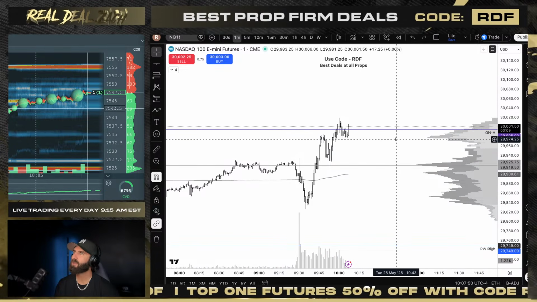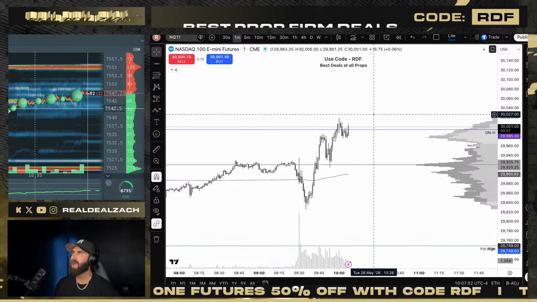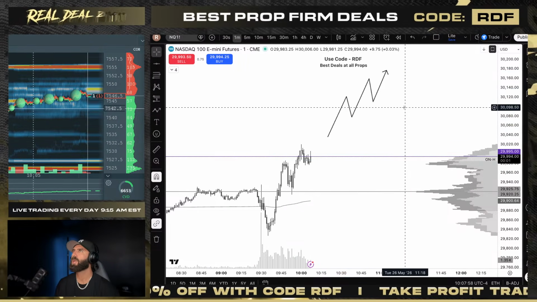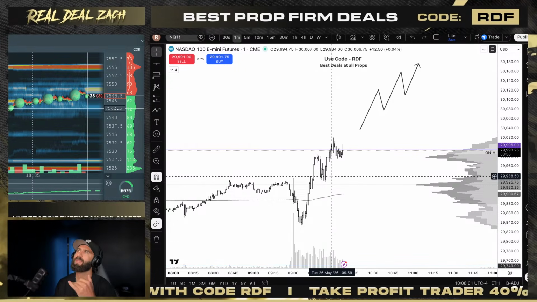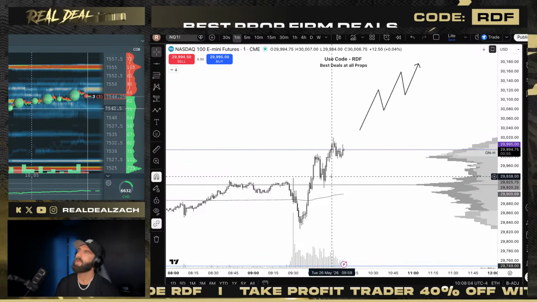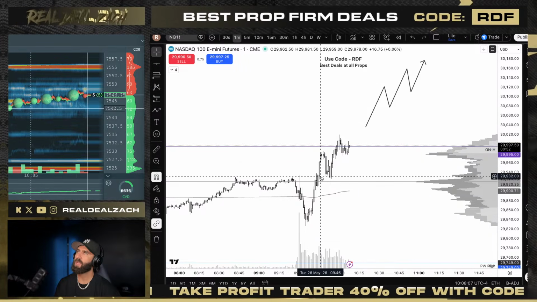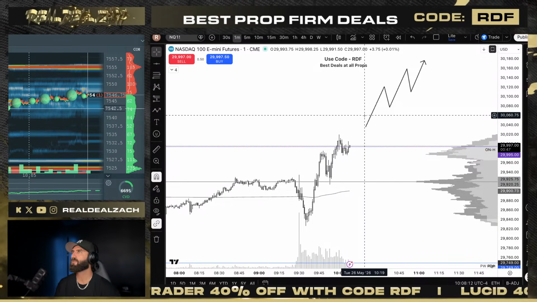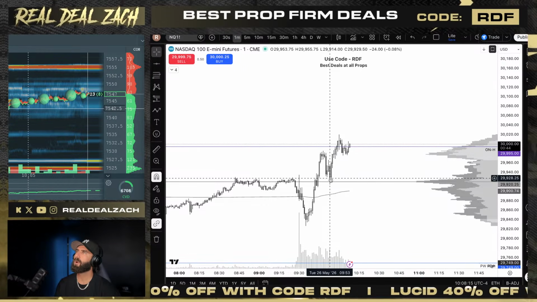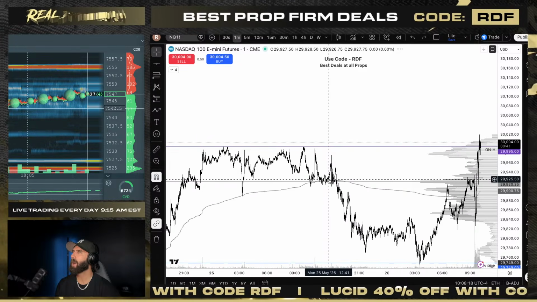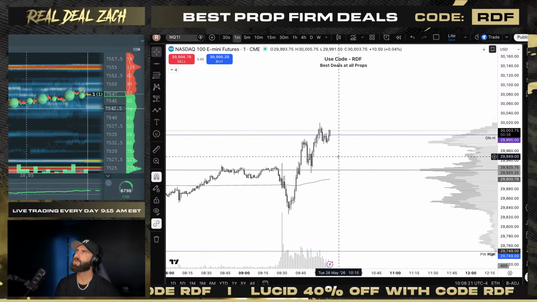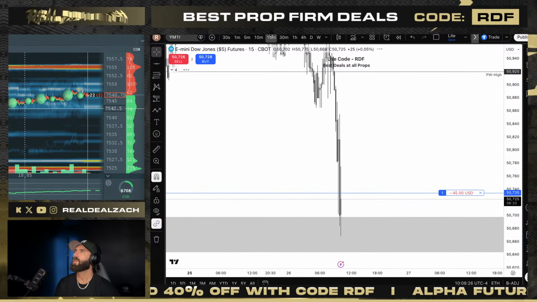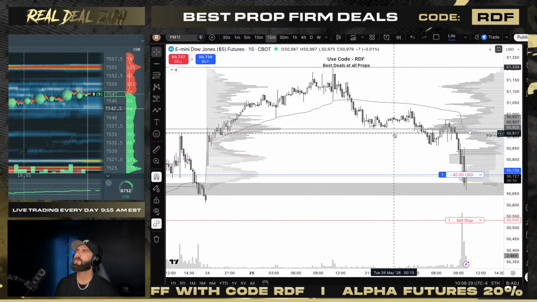Where would I look for those continuation longs? Pullbacks, break and retest, very, very simple. The same stuff that you see most traders do for trend style trades. Looking for prior highs, prior lows broken in an uptrend for a continuation movement, right? Very, very simple stuff. If we sold off down here where I'd be looking to take a profit on a short, I'd be potentially looking for a long, right? For a come down, pop stops, pull back, and then look for continuation. But first, we're long YM.